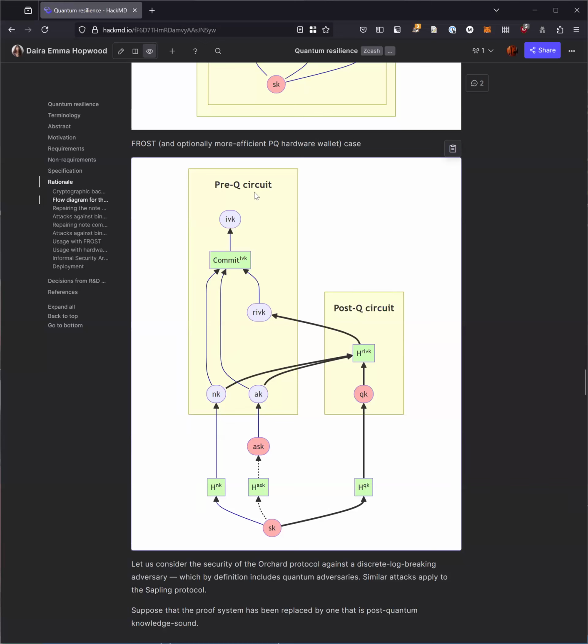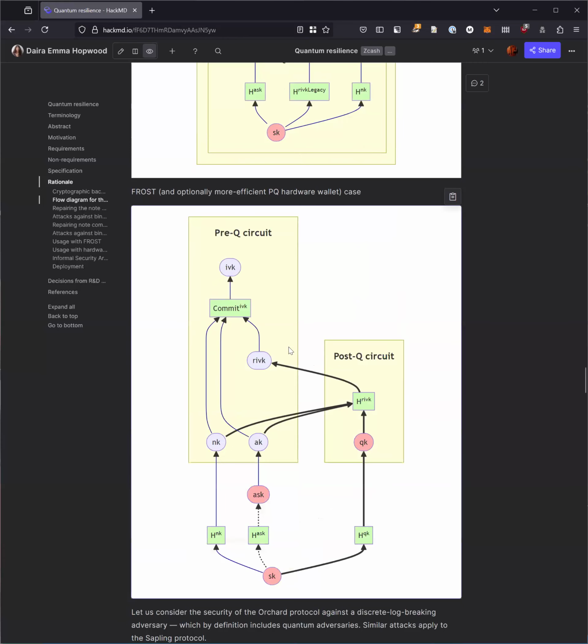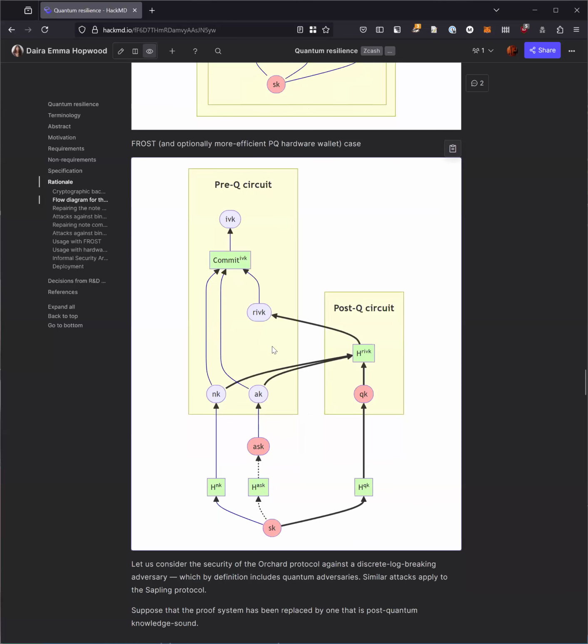Now, note again, this pre-quantum circuit, same as before, is currently taking in the AK, NK, RIVK values, which is essentially the viewing key. And then normally this ASK to AK step is proven with a Schnorr signature. So that's the spend auth signature in the protocol. And so what we could do, if you have the flexibility to change the key tree, is do this for a potentially more efficient PQ hardware wallet, if you accept the fact that you run into all these semantic problems. So I'd rather not, but if you're willing to do that, then you can change the structure of